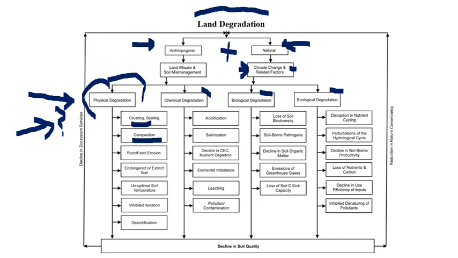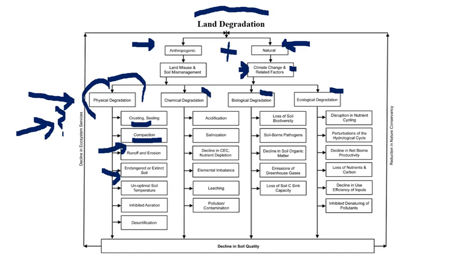Now physical degradation: there is runoff and there is erosion by water or by wind, which we have discussed already in the first lecture, measures for controlling soil erosion. Similarly, we call the soil or land endangered, or we can say that a particular patch of land, a particular area having good soil, has become extinct. Now, no more will we be able to do cropping or afforestation in this particular area.